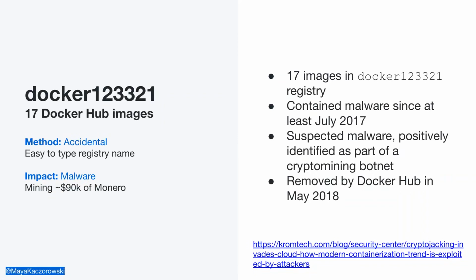Given that this is basically a toy library, where the attackers, whoever they were, were just depending on users testing out images by pulling a truly random name, like "I'm just going to type in 123321 and see if I can test something," and accidentally downloading them, that's actually a lot of money. $90,000 for passive income. That's kind of a tech bro's dream, right? And so this just gives other attackers an idea of how quickly their malware could be detected and how it would be handled, which is kind of terrifying.